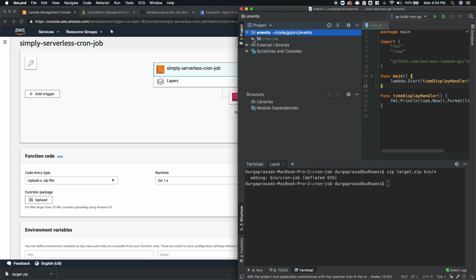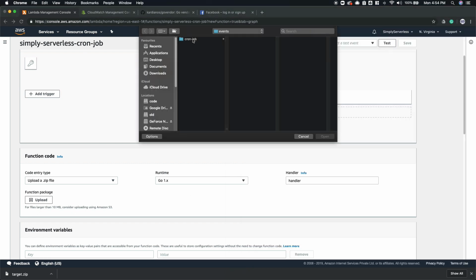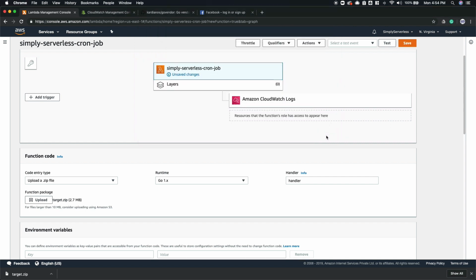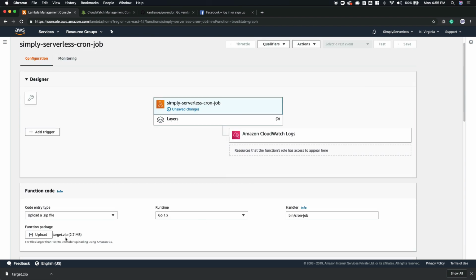Then we need to go to AWS Management Console for uploading the target.zip file. And we also need to change the handler. In our case, the executable is a part of bin/cron-job. That's why we need to put here bin/cron-job, the name of the executable. And then we need to click on the save button. After clicking on the save button, it will upload the target.zip file, as well as modify the